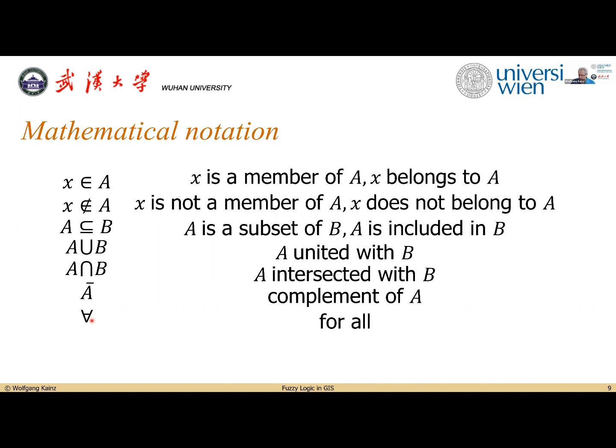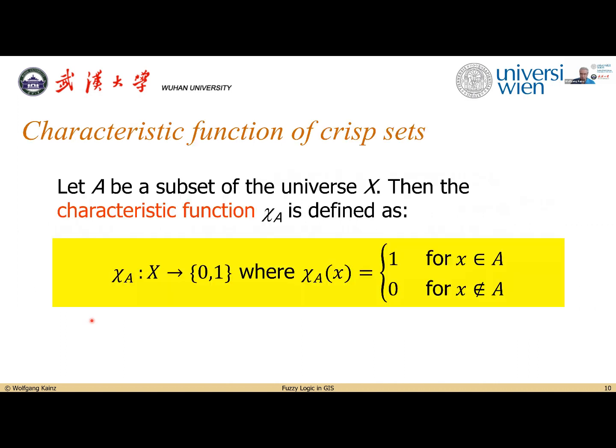And now we can already look at the definitions, what we have for crisp sets. Crisp means traditional sets, where we have a membership of yes or no, or 1 or 0, and then the fuzzy sets, where we have a membership that is between 0 and 1. So for traditional sets,